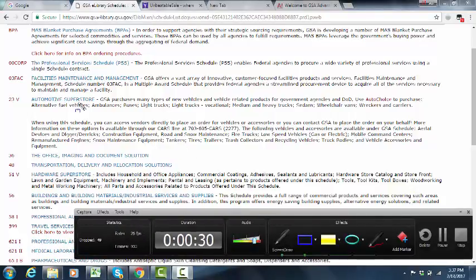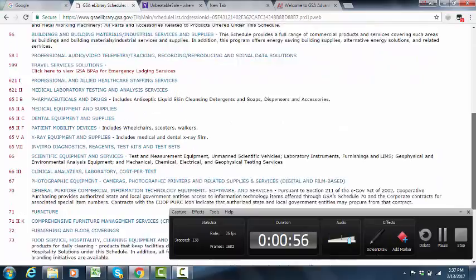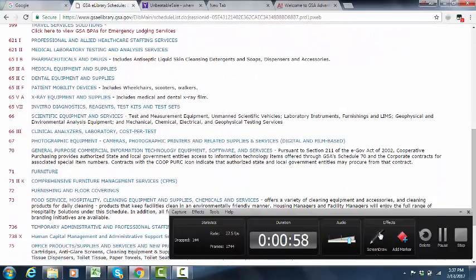When we ask you to classify a product, if it doesn't fall under this schedule or SIN, we don't want you to try and fudge it. But these are schedules that we are more interested in getting our products mapped to than some of the other schedules. So these schedules, and then going down the list, you also have over here